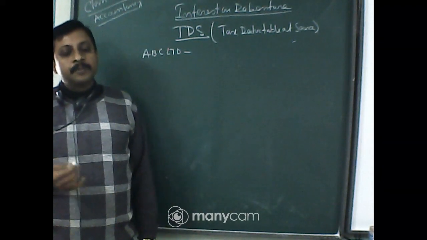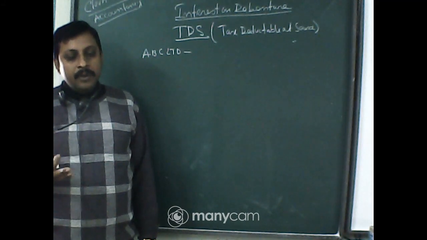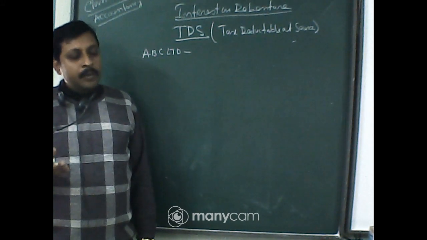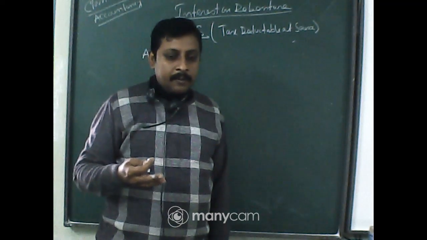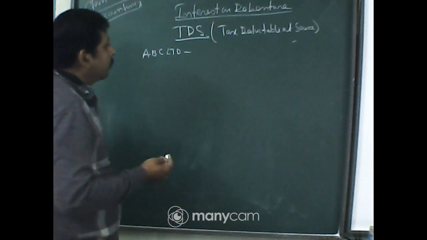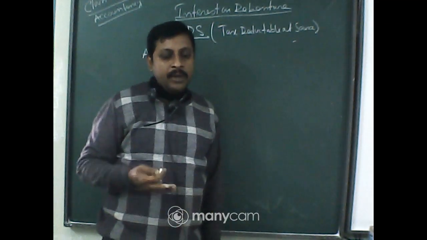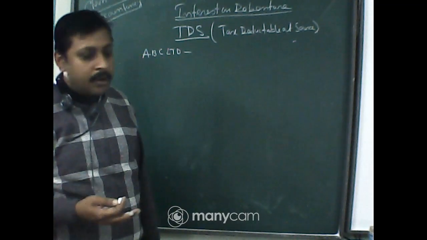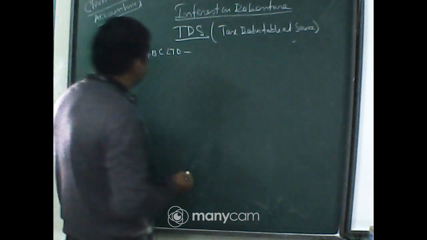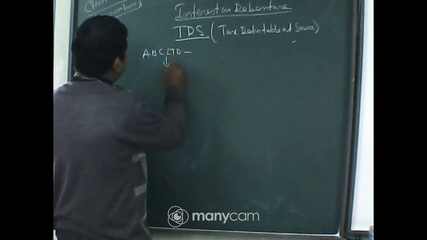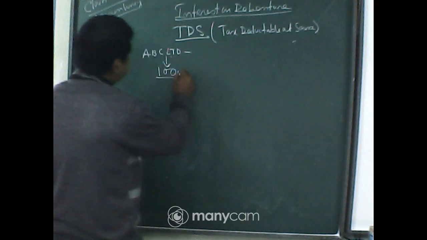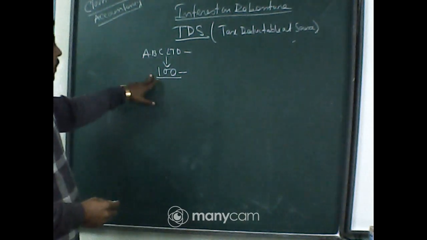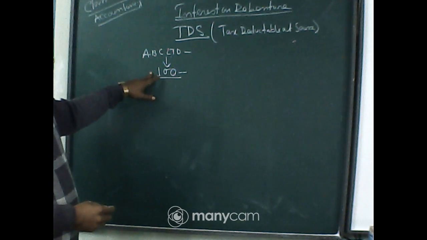But this TDS is an income tax. The government actually takes this income tax from the debenture holder, but it is very difficult for the government to know who is actually receiving debenture interest and who is not. It is very easy for the government to know how much debenture interest is being paid by this ABC Limited. Suppose there are 100 debenture holders to whom interest is paid every year by this ABC Limited. So it will be better.